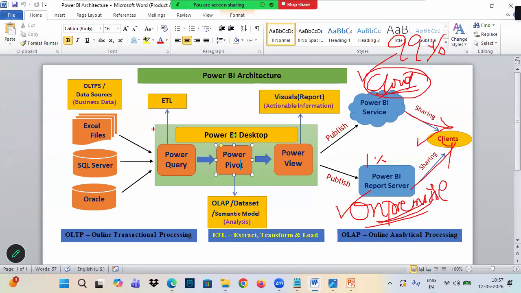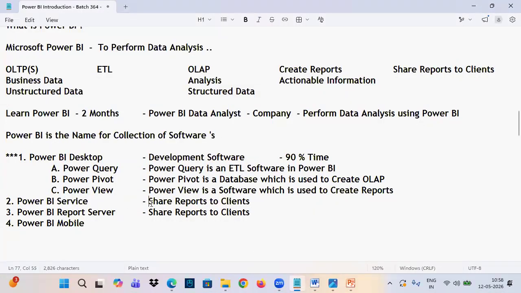So the meaning is, in Power View, after I create the reports, most of the companies will publish them to Power BI service. From there, they'll share with clients. Write that difference. Power BI service is an Azure